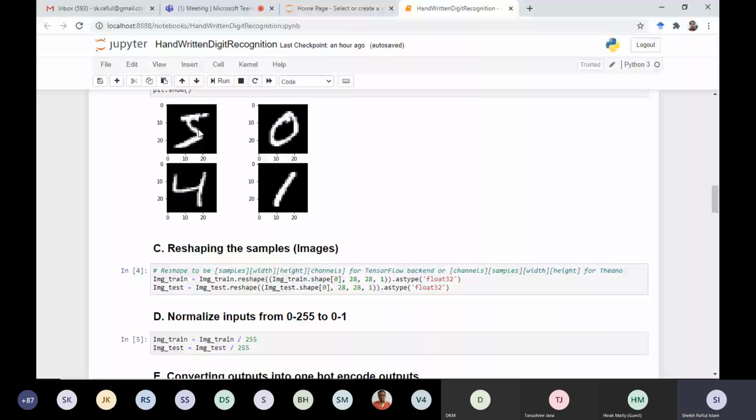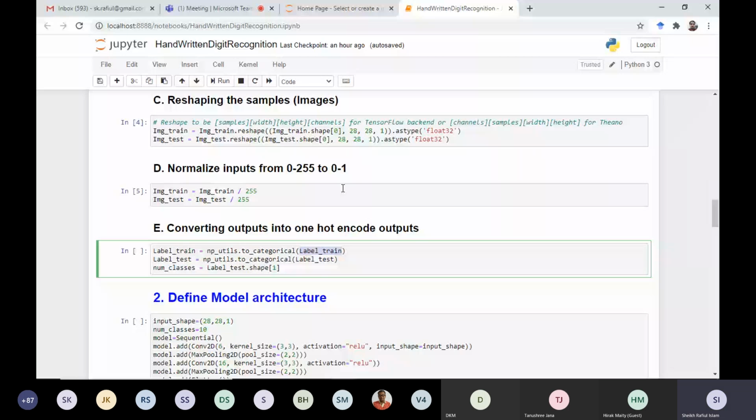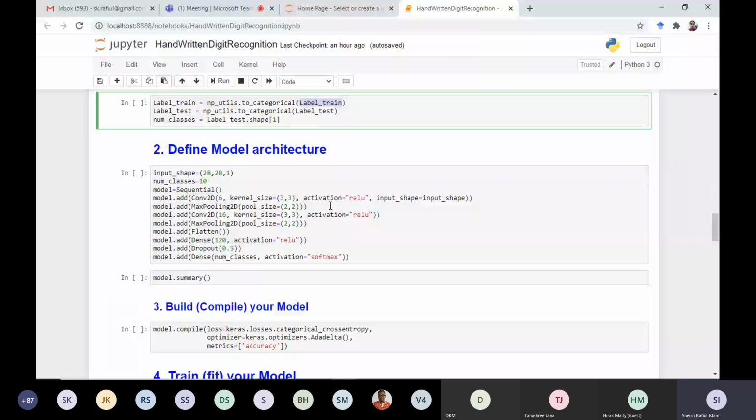That is basically one hot encoding. That means it is a vector where the position representing 5 will be 1, other than that 0. Keras will understand this is 5. So I think you have understood the need to perform these operations.